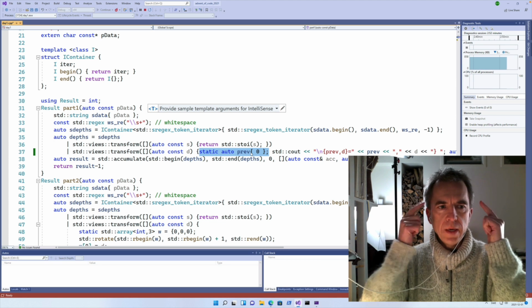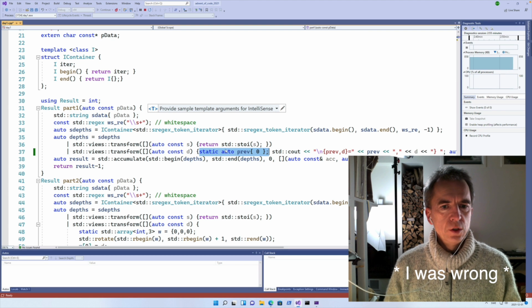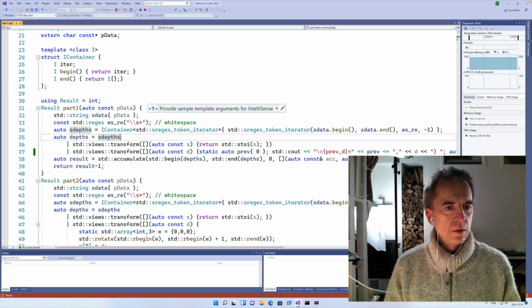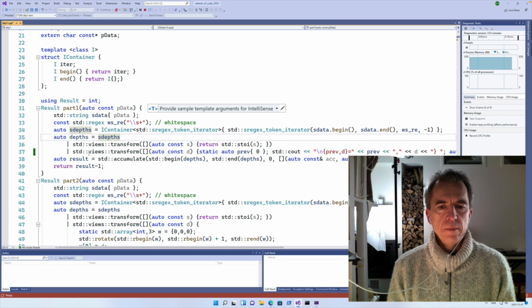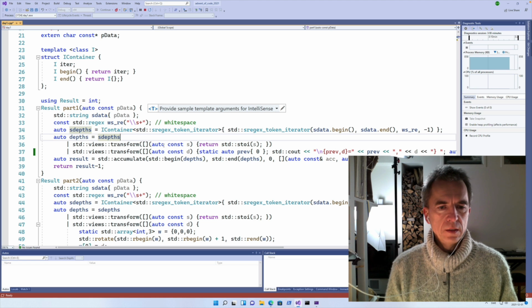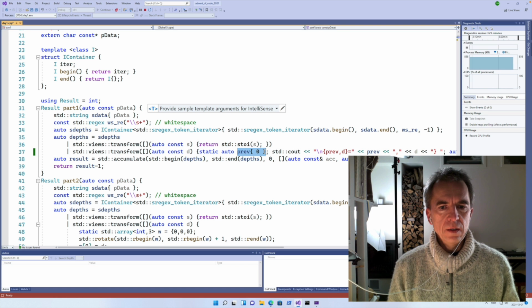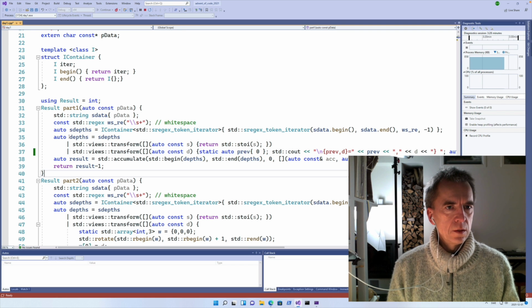And in my head, this should be re-instantiated each time I call this function, because it's a local variable, so it's auto depth. This one, pipe to this one, pipe to this one. So I imagined all these lambdas got re-instantiated each time I call this, but I can verify that this static here is not. So if I run this,